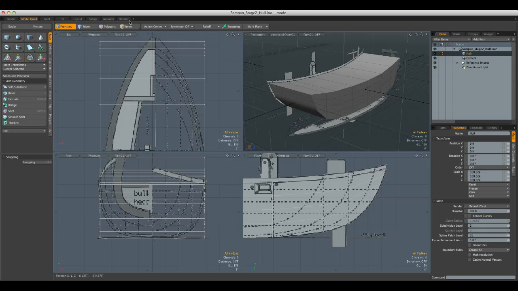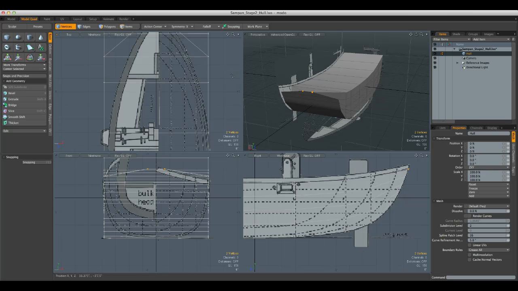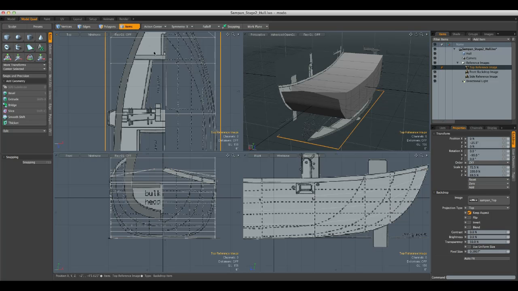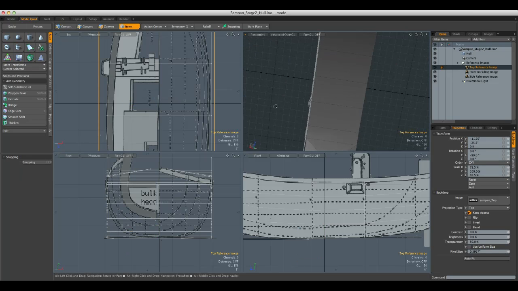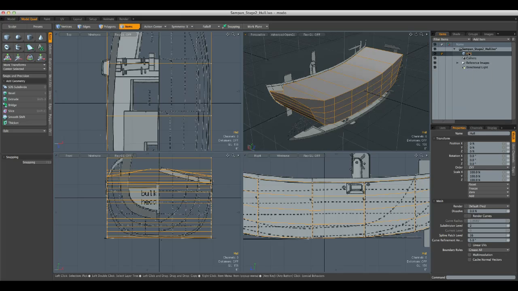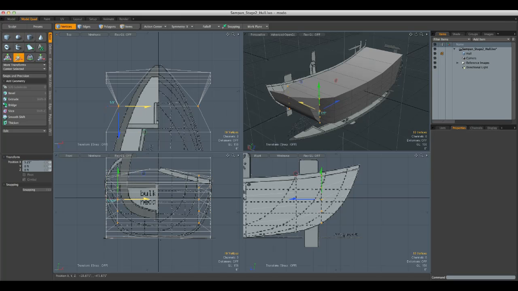So we're going to make sure the symmetry on the X is on, and I'm going to start by getting these top ones. I'm just going to pull them